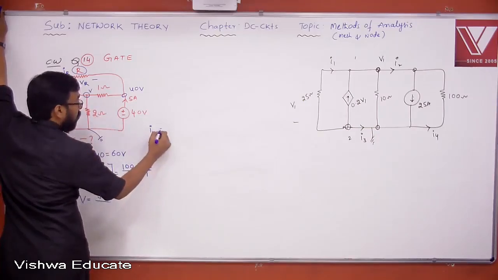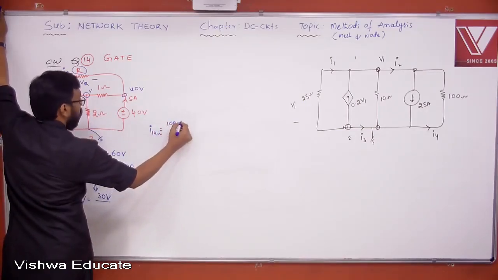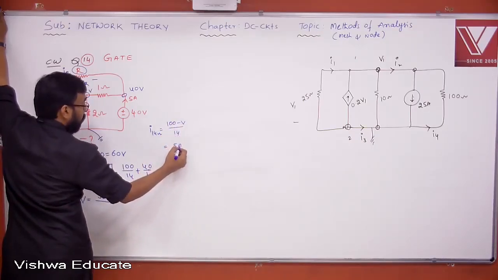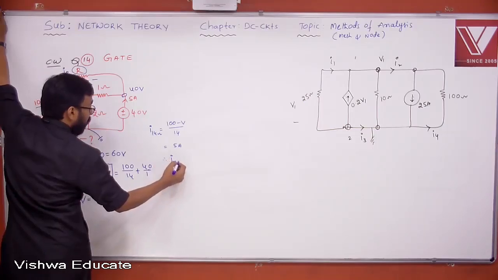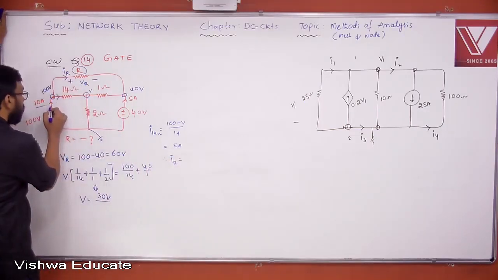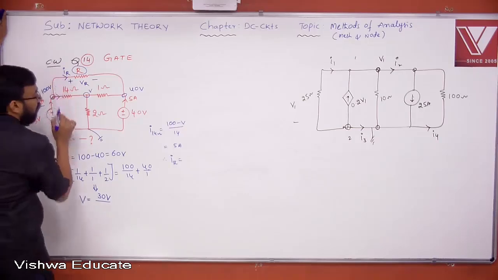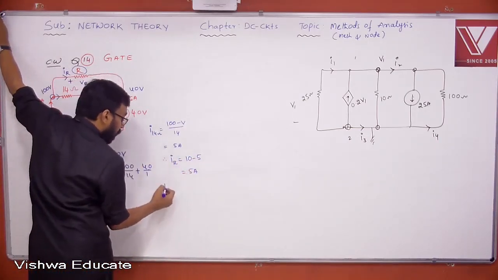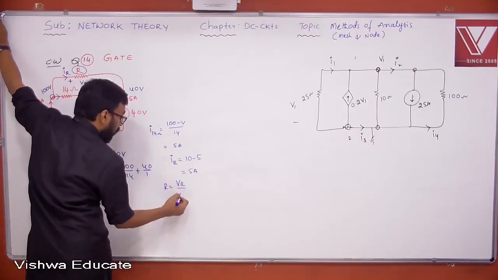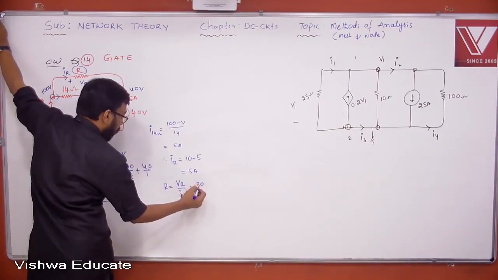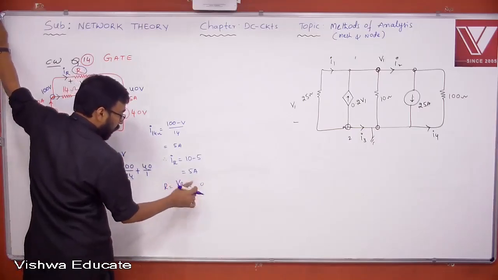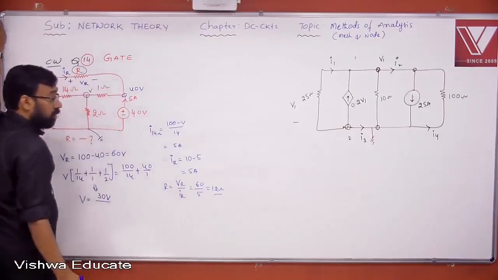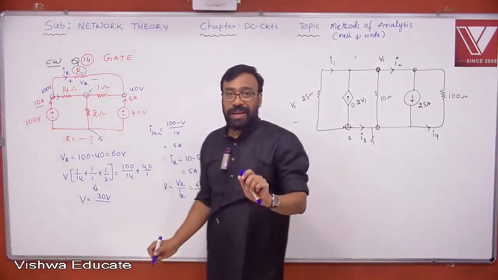I through 14 is 100 minus V by 14, that is 70 by 14, that is 5 amperes. Therefore, IR value will be, if you apply Kirchhoff's current law here, 10, 5 leaving, the remaining current is flowing here. 10 minus 5 is nothing but 5 ampere. Then R value is nothing but VR by IR, okay, 60 by 5, this is 12 ohm. Understand all of you? This is one way. You can think like this, or else,